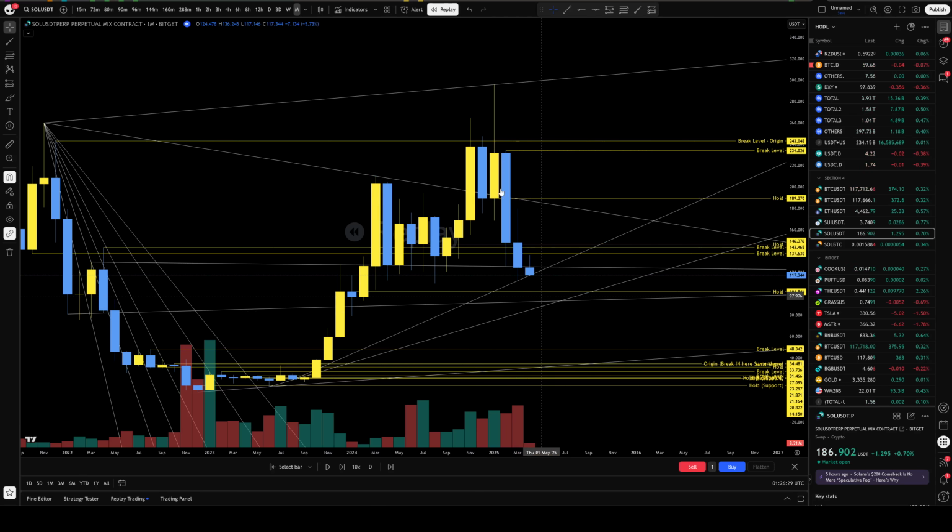189.270, that's going to be resistance. This range trend coming down here is going to be resistance. That break level there is going to be resistance. This uptrend here is going to be support. And this hold level here around 100 is going to be support. And this range trend coming through here at 93-ish, 90-something-ish is going to be support. So